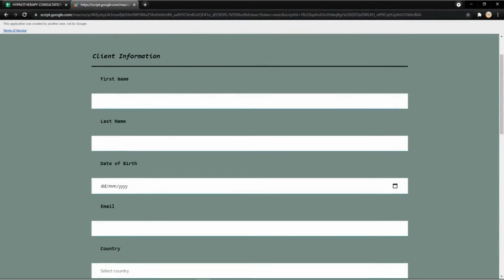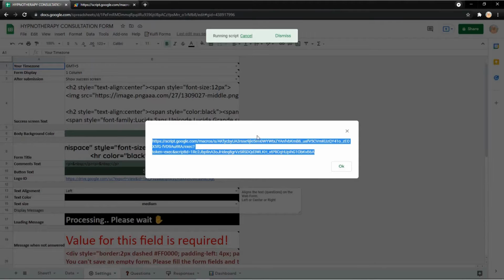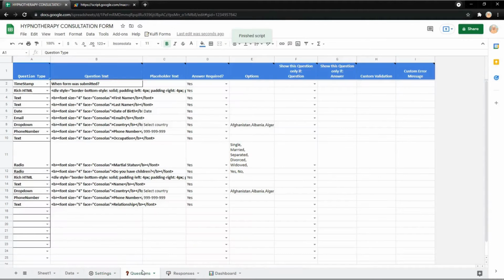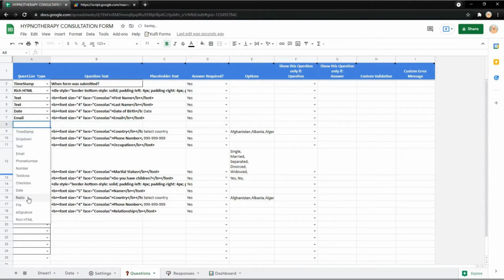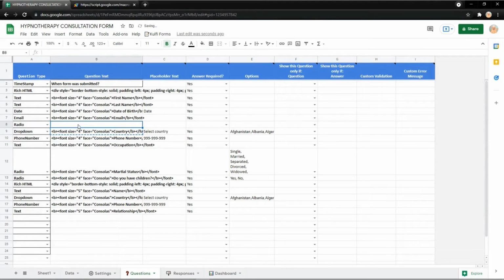Now the form is ready to use, but you can also change the questions as you want. For example, go to question type. I want to insert a new row here. I choose radio button, and then just copy the text and change it into gender, for example. And don't forget to fill the options. I fill it with male or female,